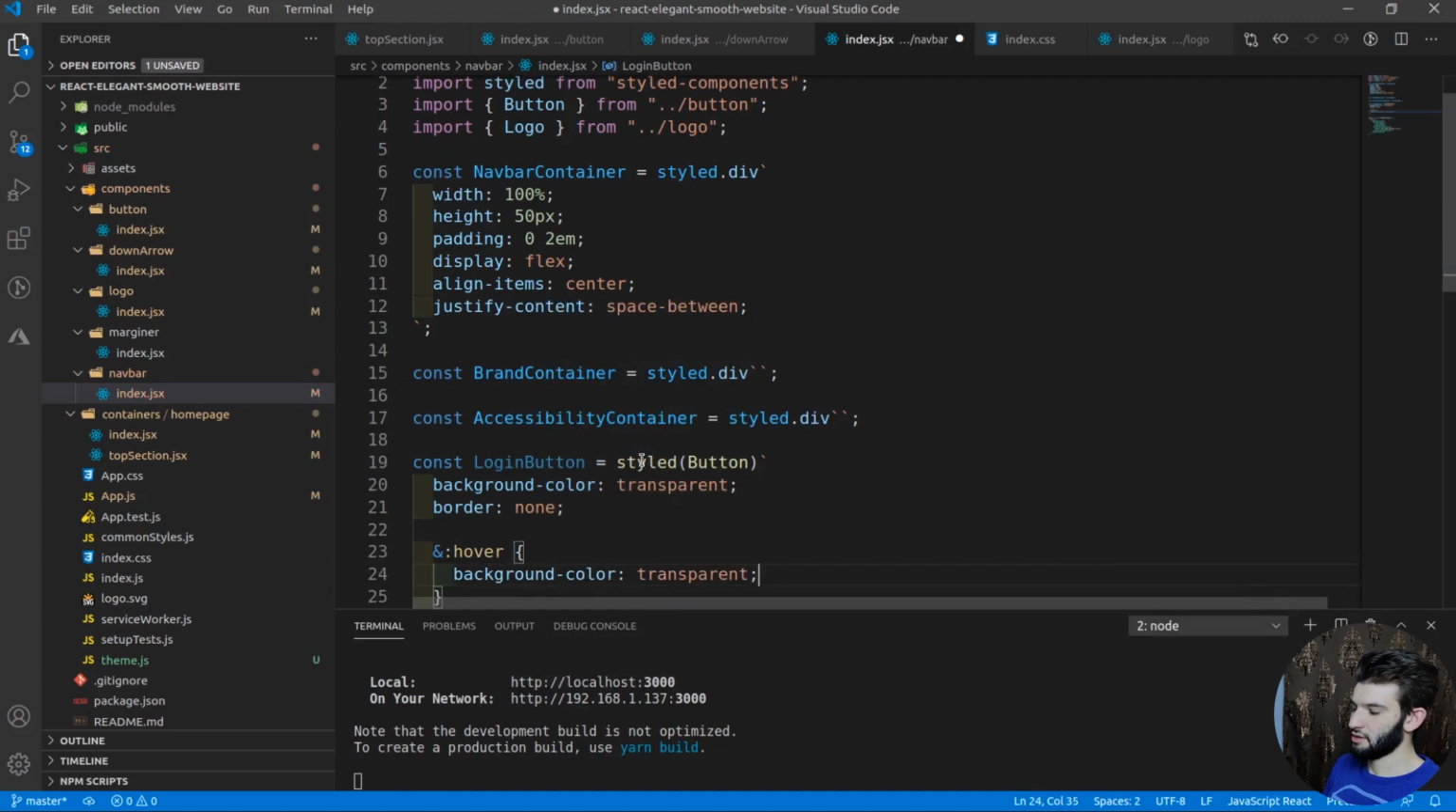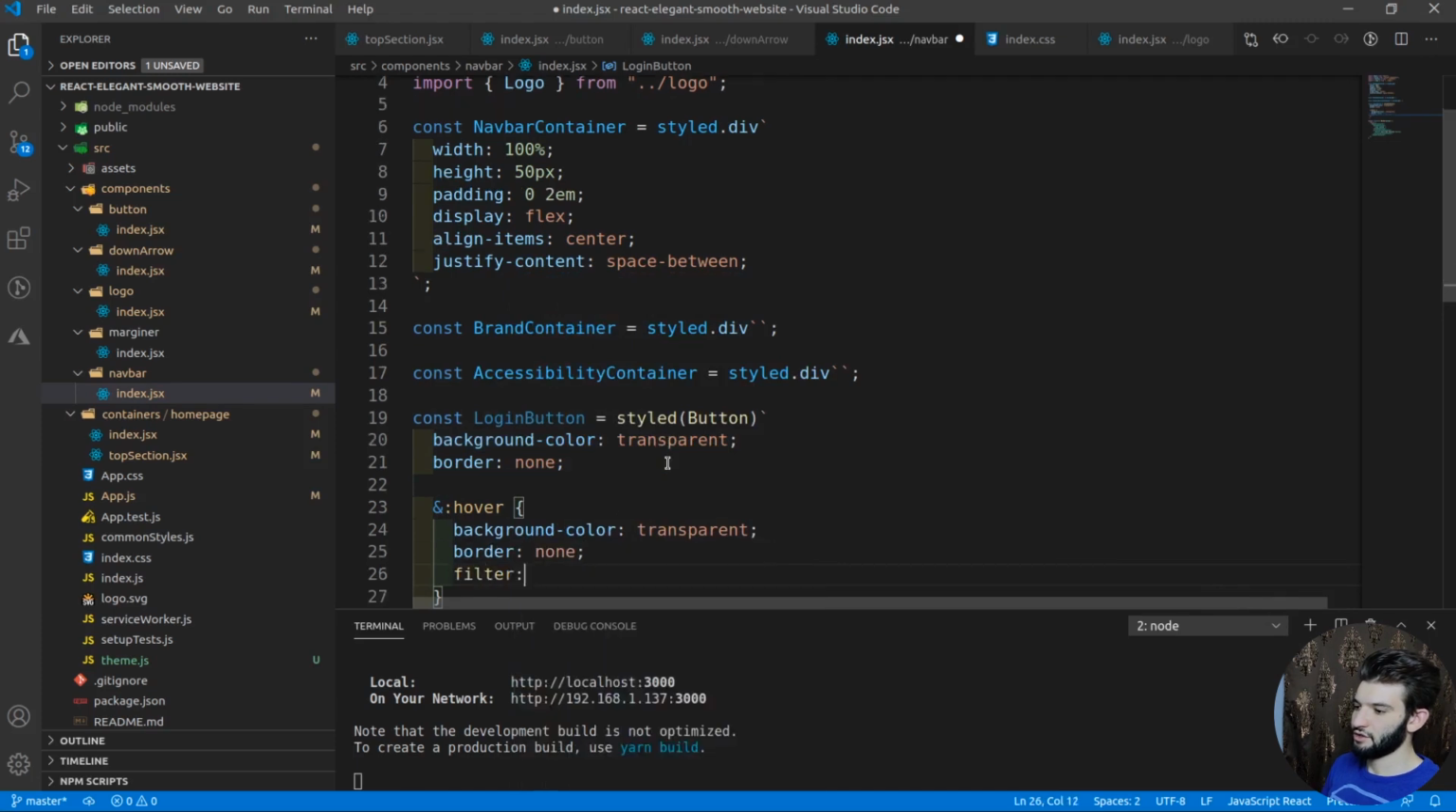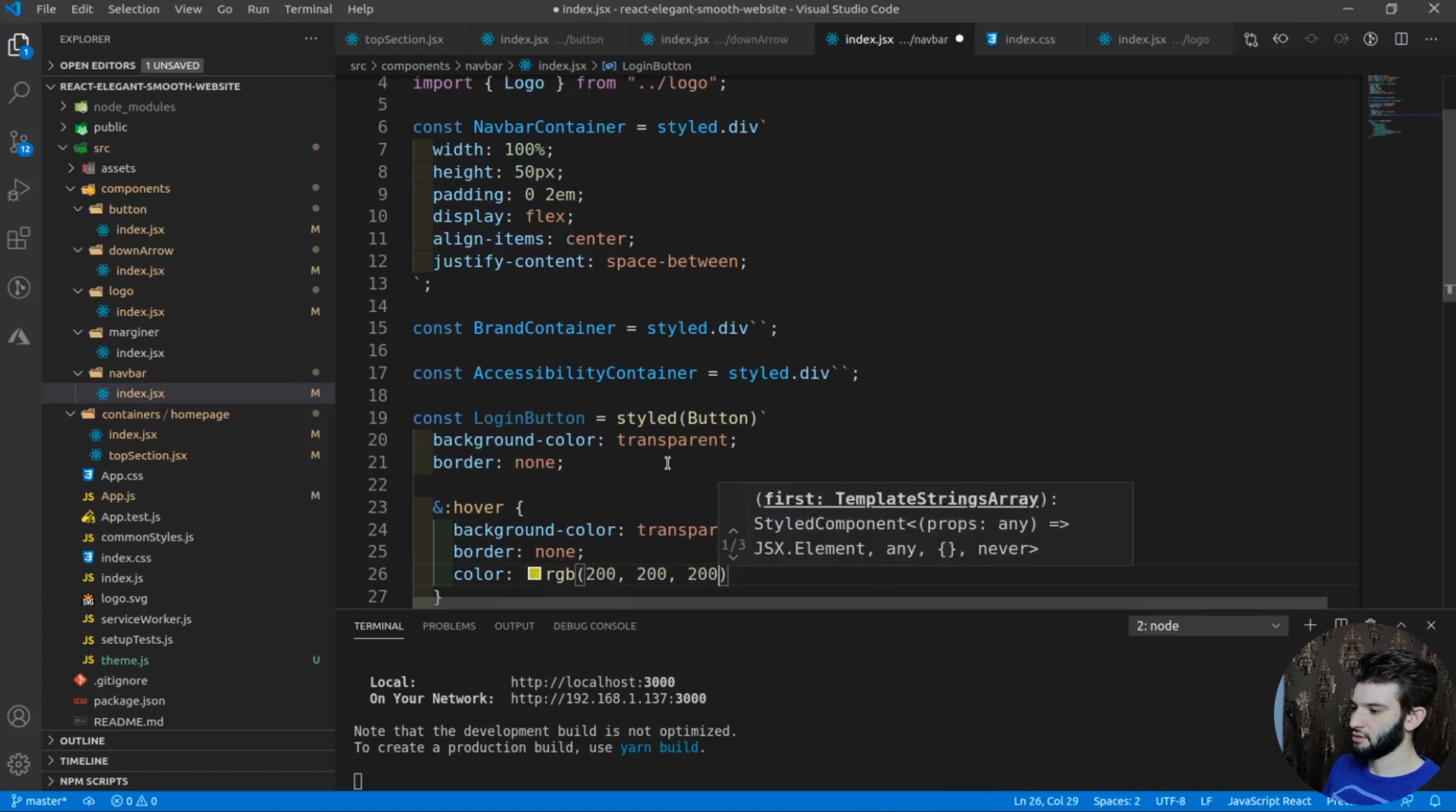So transparent, and as well, I'm going to be doing border as none. And the last thing that we're doing is actually a filter. I'm going to filter out the contrast. Or I think the better thing is just changing the color, so that'll give it more authenticity. I can use RGB color matching in here, and what I can do is 255. We can just decrease it a little bit, which means you can use 200, 200, 200,